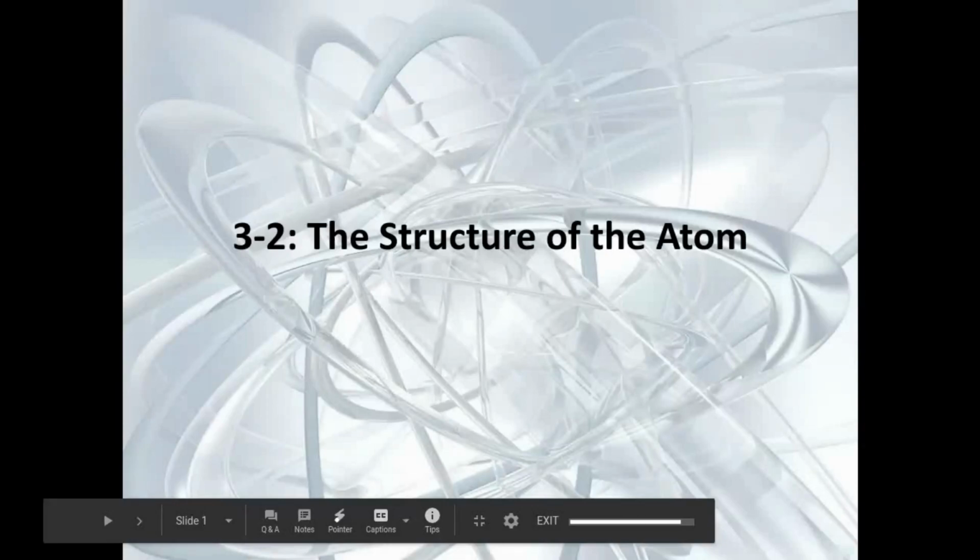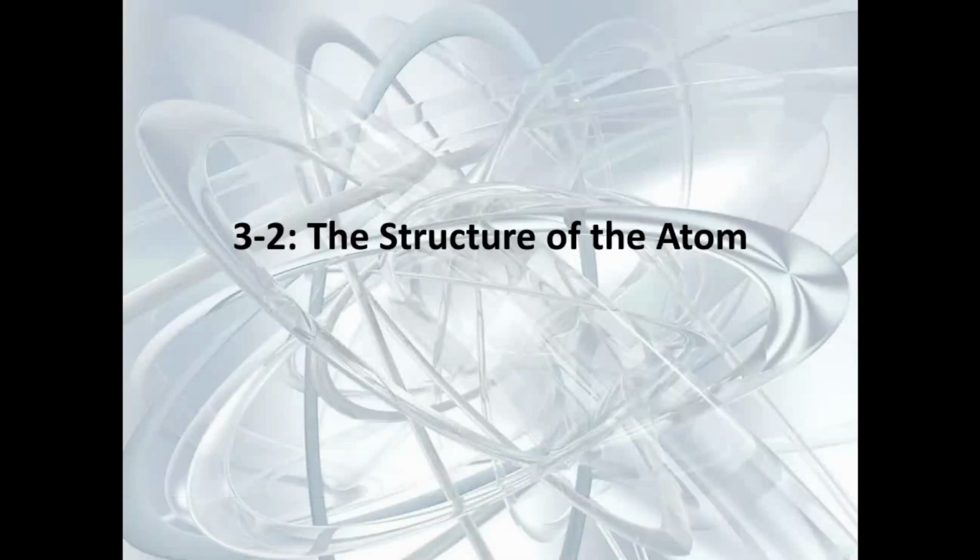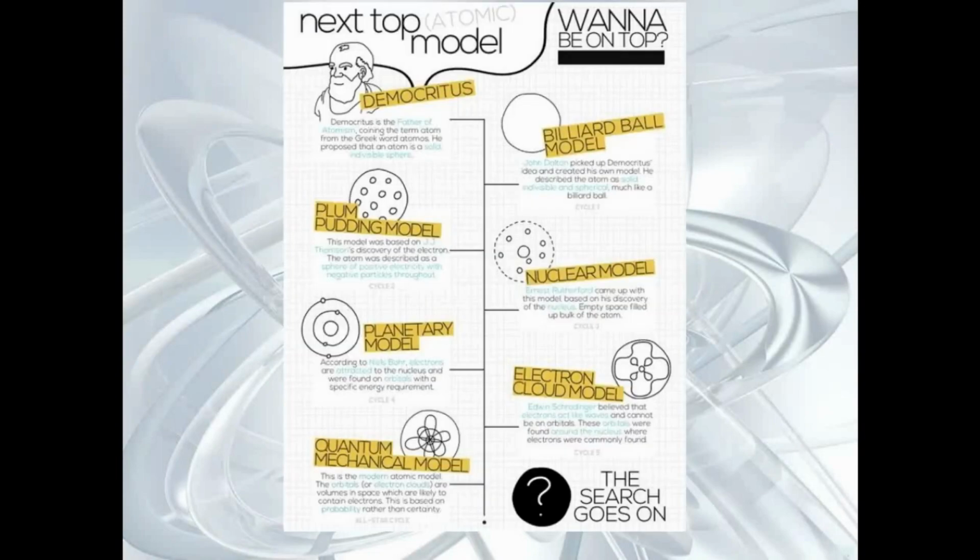In this section, we're going to look at the structure of the atom and how the discoveries were made that led to what we know as the different parts of the atom today. So these are some of the ideas that helped in the development of the current model of the atom. We've talked about Democritus. We'll look at what's called the plum pudding model, all the way up to quantum mechanical